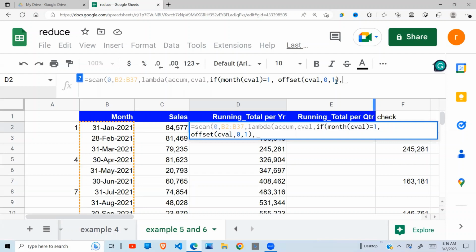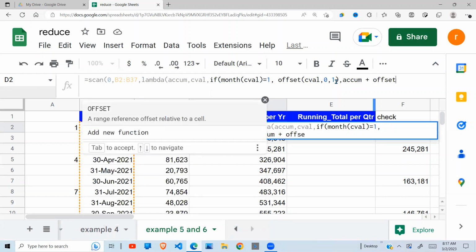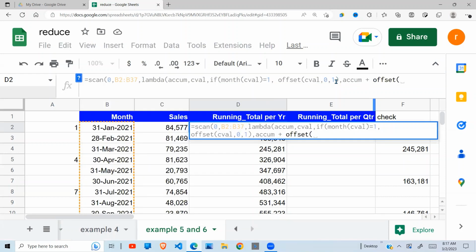I hope that is clear. Then in the next month and all the other months, I need to accumulate. So I'll say accumulator plus, again, the offset of current value. Then I move 0 rows, I move 1 column, close the offset, close the if function, close the lambda, close the scan,